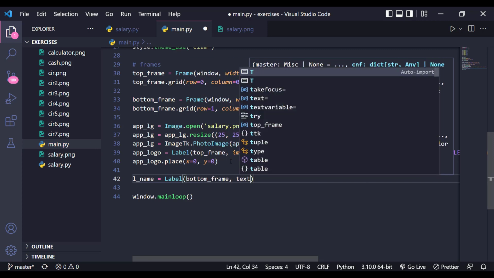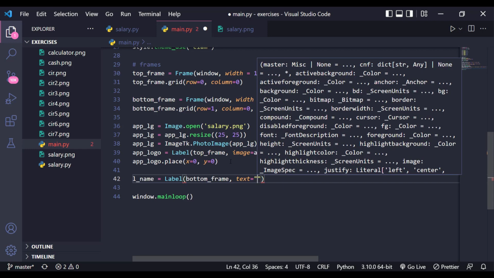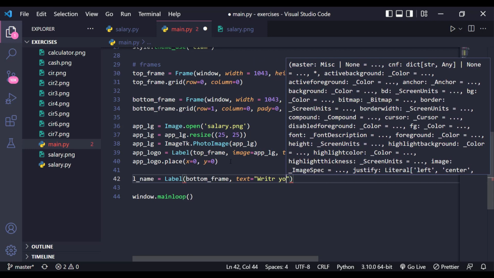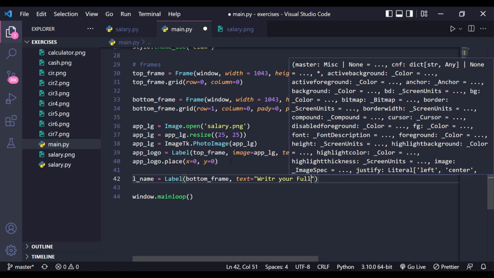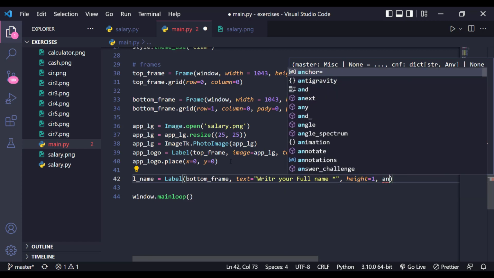We'll give text equal to write your full name. Okay, and we'll give some star because that's important, and we'll give height as 1, and anchor we'll give northwest,